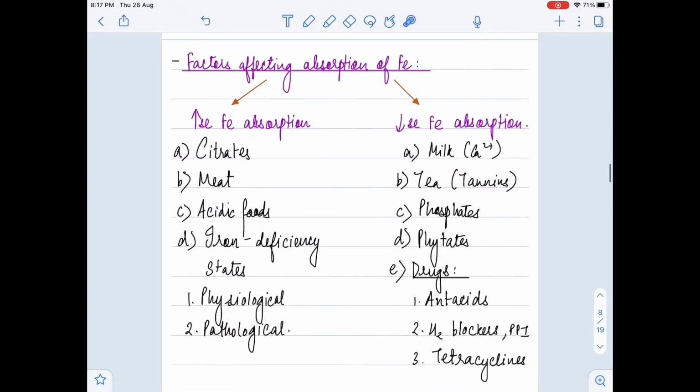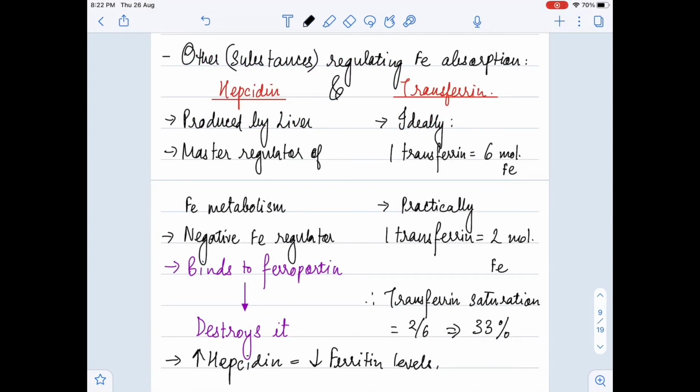So what are the factors affecting the absorption of iron? Firstly, we need to understand what increases the absorption of iron. Citrates can increase it, alongside meat, acidic foods and various iron deficiency states, be they pathological or physiological. Whereas milk, tea, phosphates, phytates and drugs in the form of antacids, H2 blockers, proton pump inhibitors and tetracyclines decrease the iron absorption. The other substances, as I have mentioned before, are hepcidin and transferrin, which help in regulating